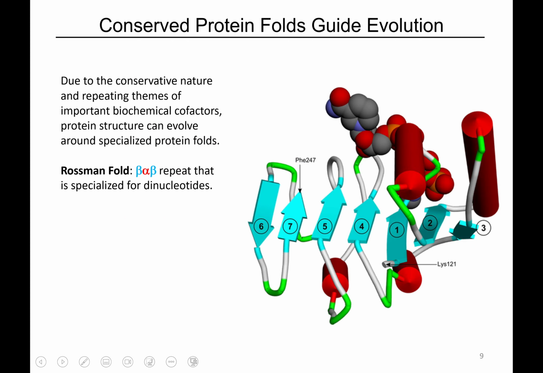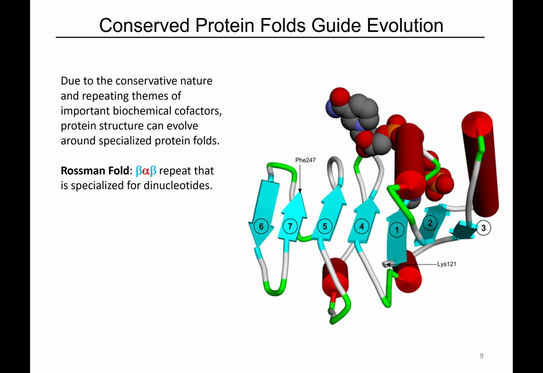Okay, other ideas. Other things that we see conserved are protein structures, right? We're not going to really get into this quite as much this semester as maybe y'all did last semester, but this is one incredibly common theme, and this is the Rossmann fold. So it's this beta, alpha, beta repeating pattern. And if you look here, you'll see it over and over. You have a beta sheet, an alpha helix, a beta sheet.